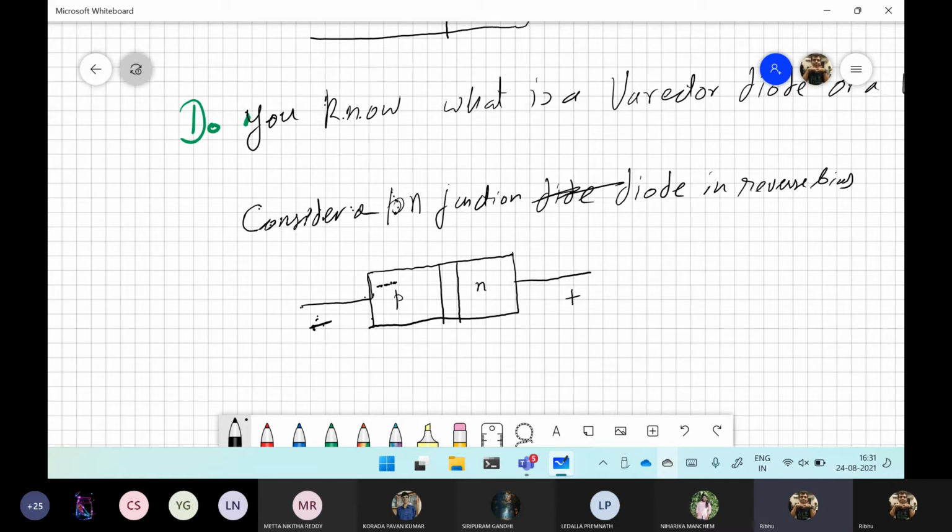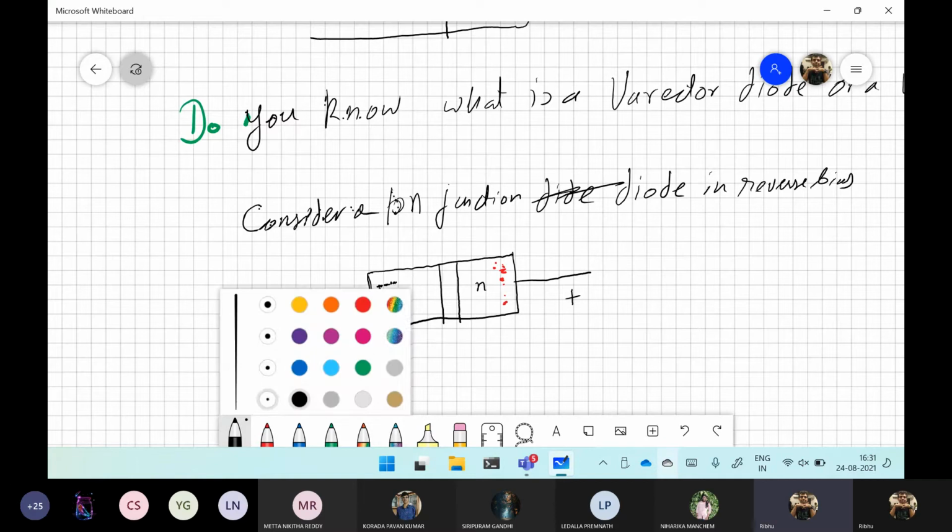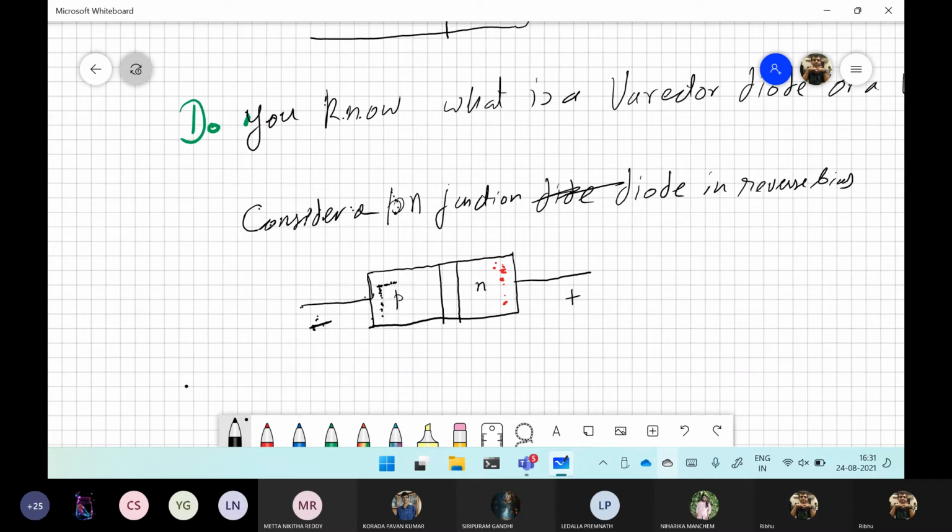The negative charge carriers accumulate here, and the positive charge carriers accumulate here, slightly thickening it, and this stops the flow. Good. So negative charge carriers accumulate here, and positive charge carriers accumulate here,